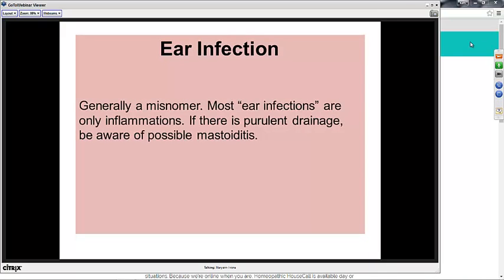Ear infection, something all of us see all the time, and mostly ear infection is a misnomer. That is to say, what gets labeled ear infection is usually ear inflammation. And it has to do with kids that are teething. It has to do with kids that have a casein intolerance, where there is inflammation in the mucous membranes, particularly when they're teething, because teething is not a benign process. Teething has to do with something akin to a nail coming through your arm.